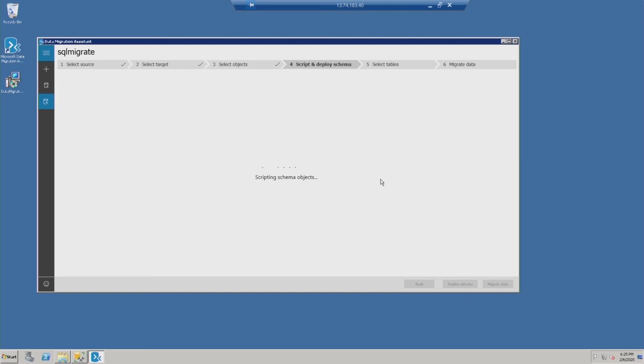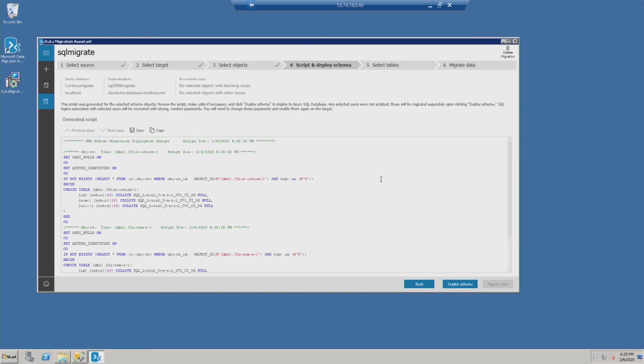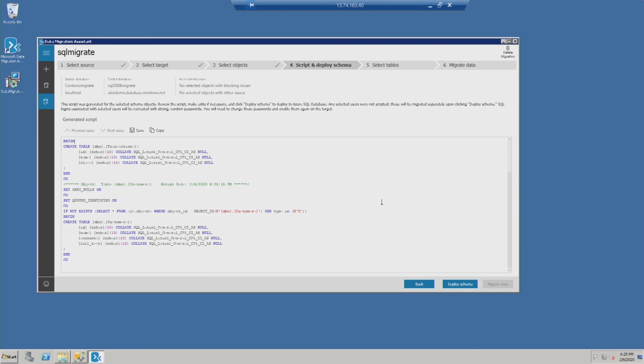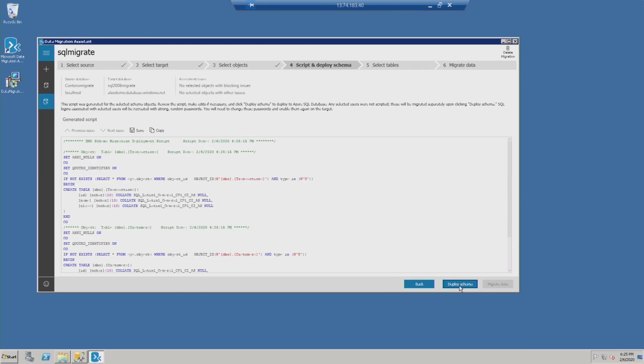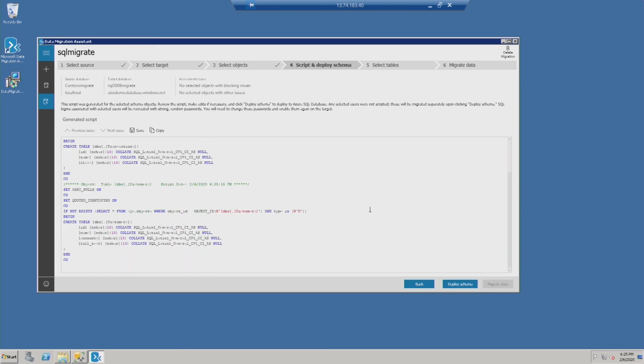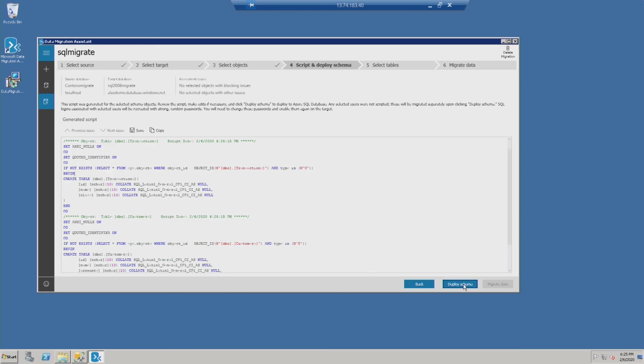So if we need, we could use these SQL scripts for generating using Management Studio, but in this case we just use the script to deploy schema